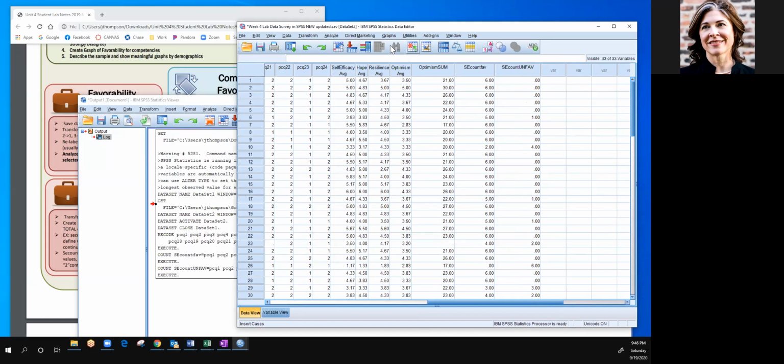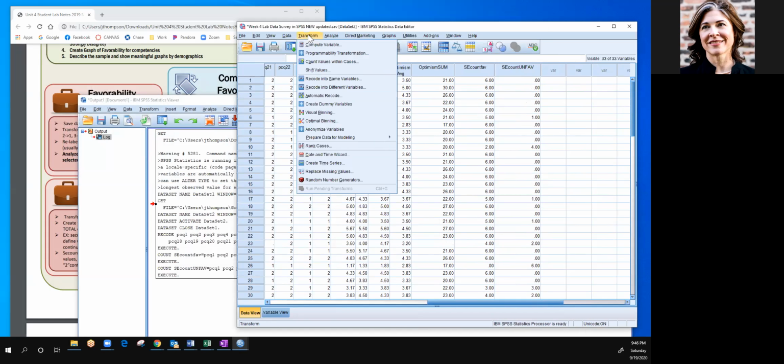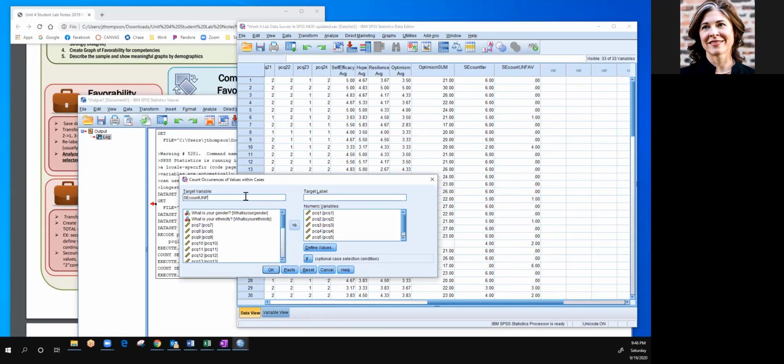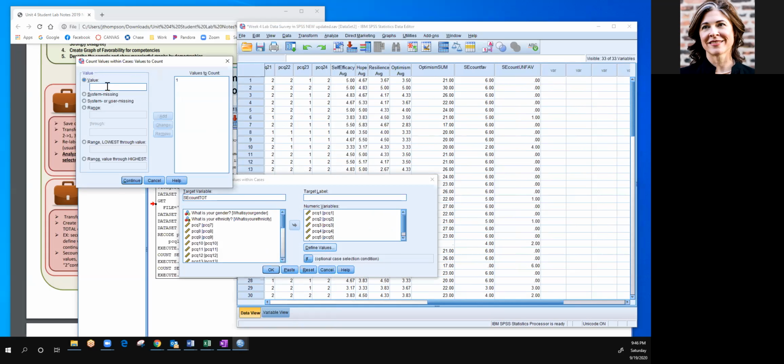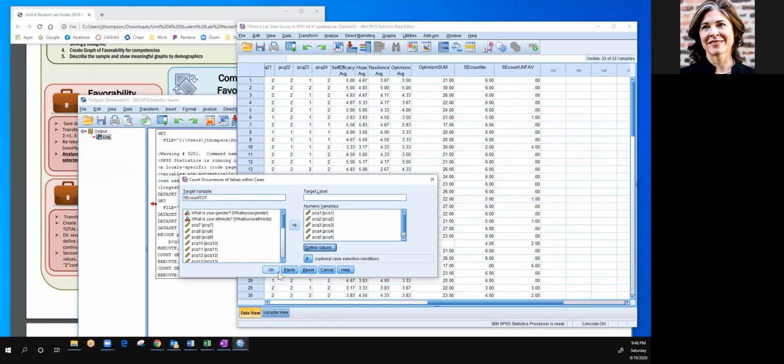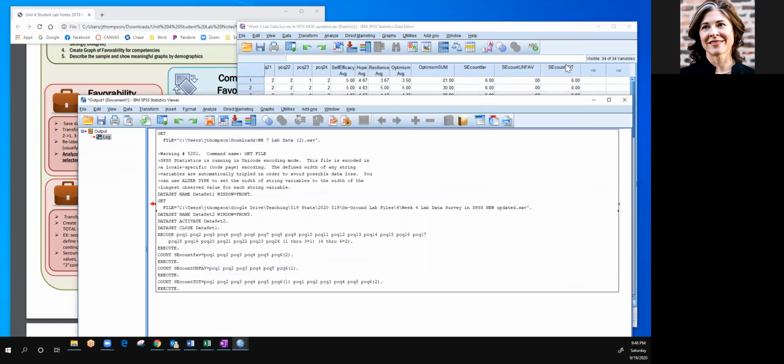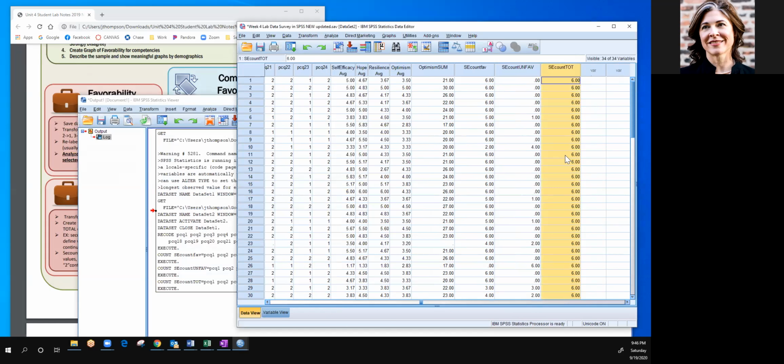So now we're going to do the total item. I need to have something to divide it by. I'm going to do the count values within cases. And I'm going to do the total. And I'm going to define the values. And so I'm going to add back this 2. I want it to count a 1 or a 2 so we get the total, which we know is a 6, but I just need a column there saying 6, okay? And then after I do this, I need to do this for each scale, but what I'm going to show you next, so hopefully this makes a little more sense,